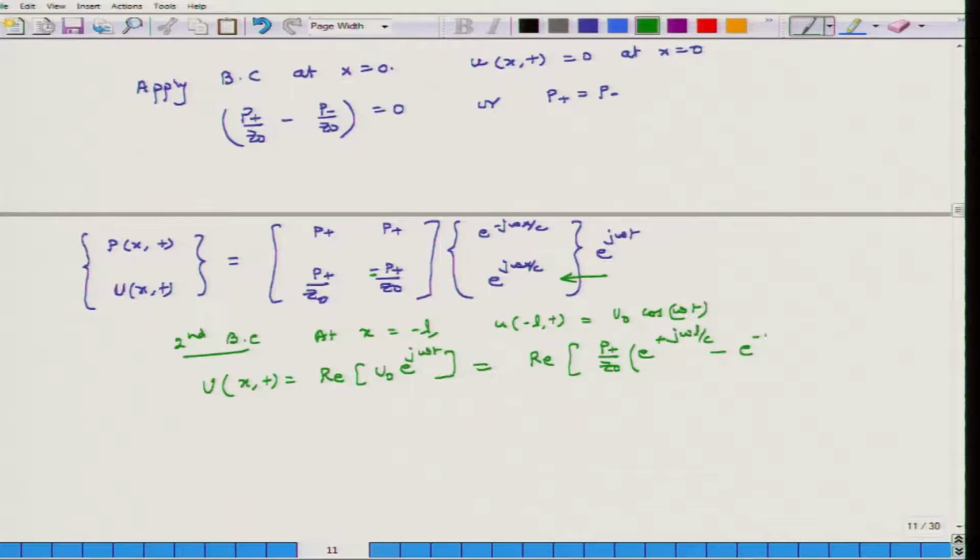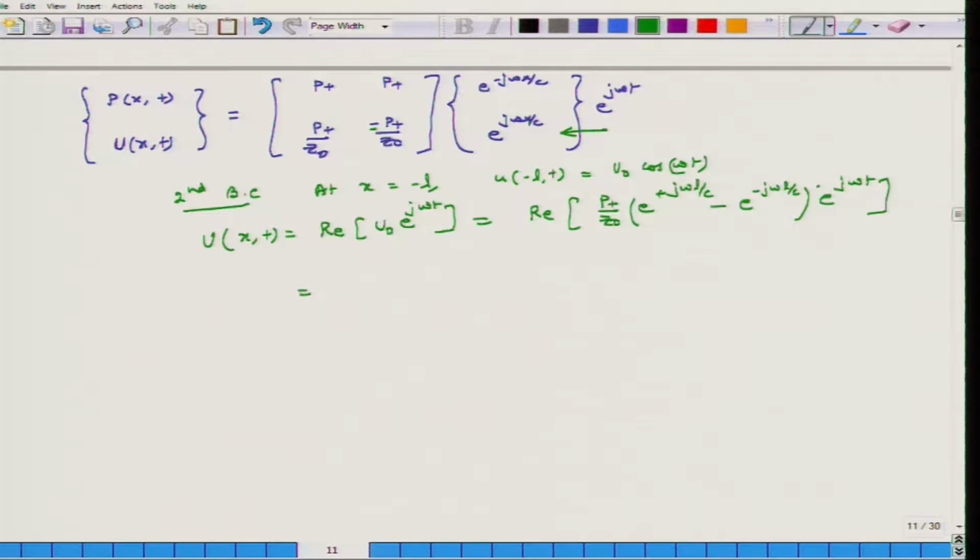So, I get e to the power of minus j omega L over c, e to the power of j omega t. Our aim is to find P plus in this case. So, this is equal to P plus over Z naught and e to the power of j omega L over c plus e to the power of minus j omega L over c. What does this mean? When I add them up, it becomes